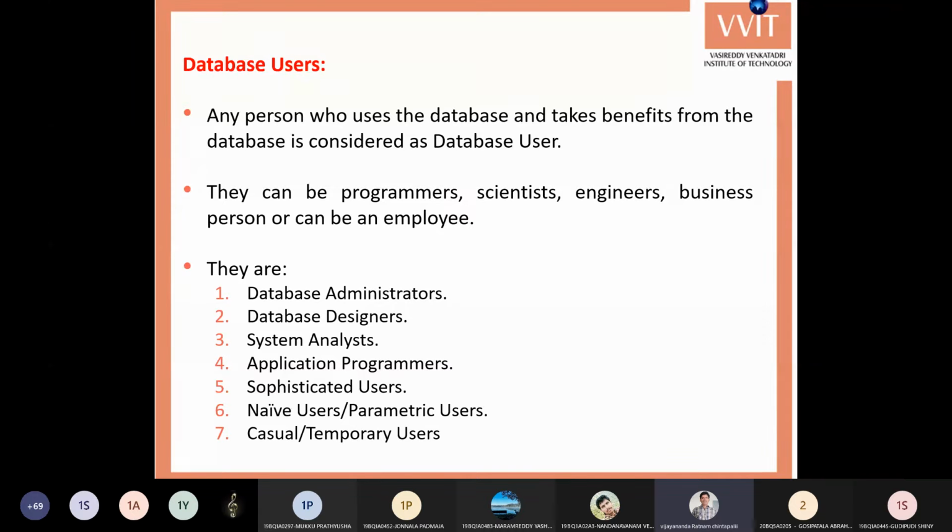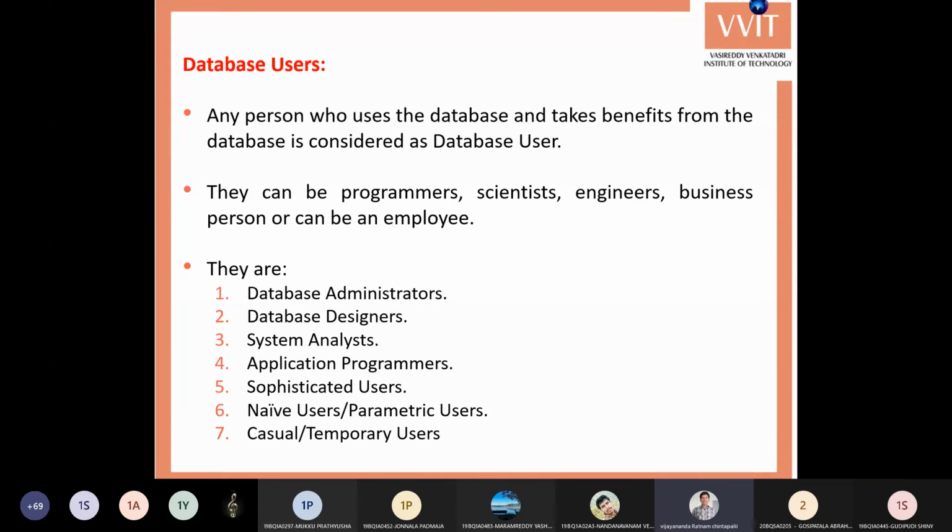Generally we have different types of users, because the database provides more and more security and also provides roles to the users for providing different views. Already we have seen that in the view level, in levels of abstraction. All are not having the same views because each one has restrictions based on their roles.